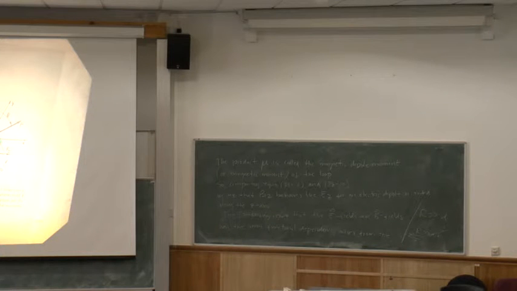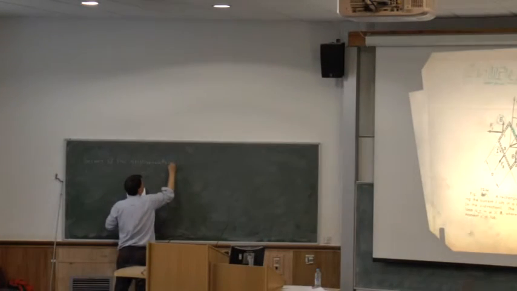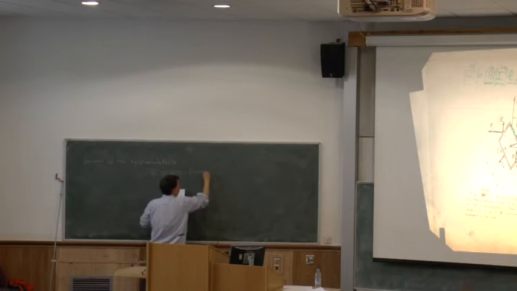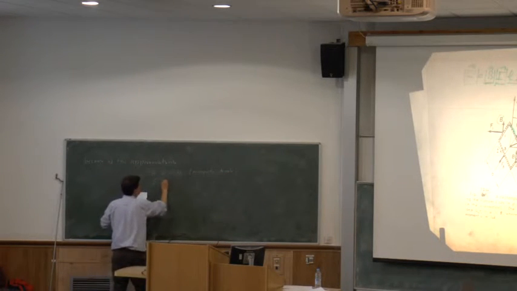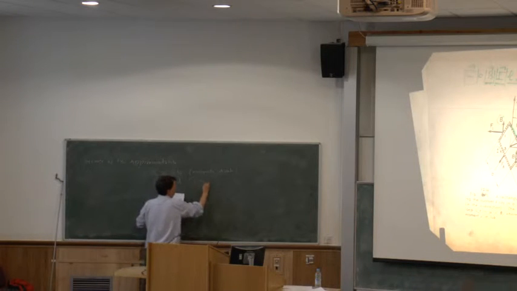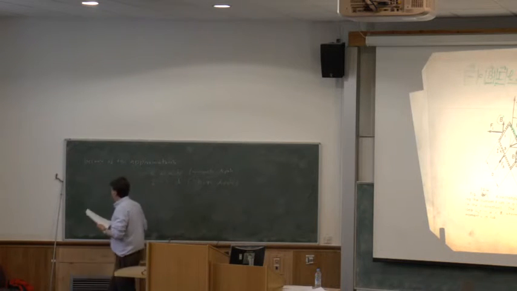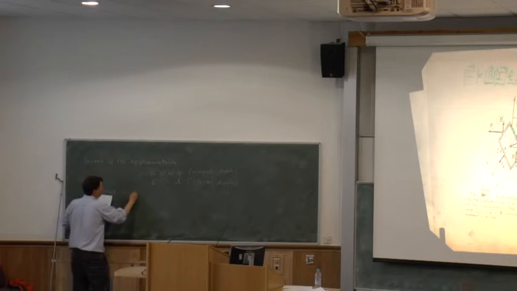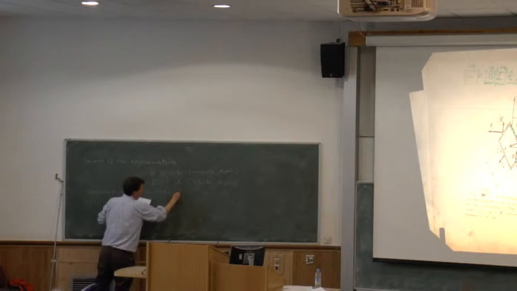because of the approximations R is much greater than A and B in the magnetic case for the magnetic dipole, and R is much greater than D for the electric dipole. And the result can also be obtained. Again, I thought, well, it's an alternative, but I'm not going to go through that one